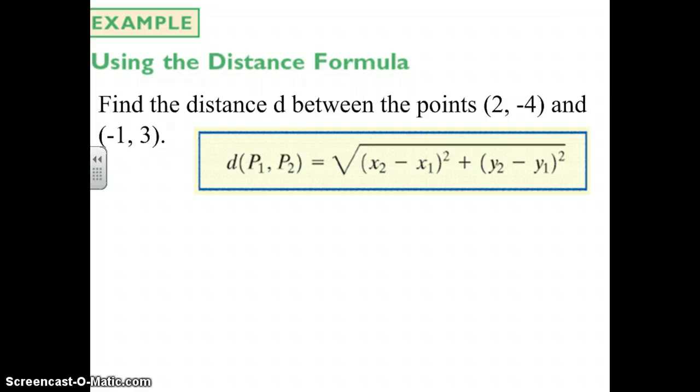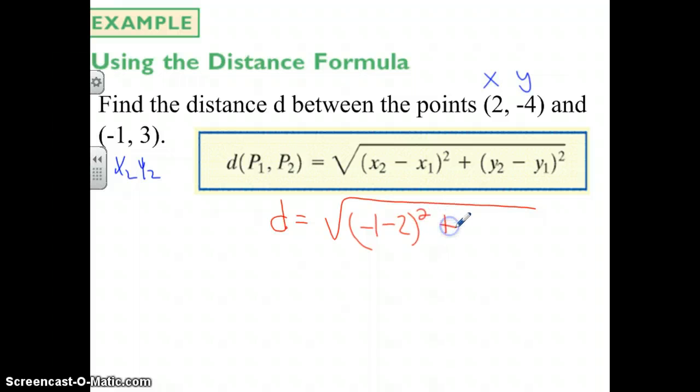Again, here's the formula. I've got 2 points. Here's my x and my y. Here's my x sub 2, y sub 2, just for my second point. But again, it doesn't matter the order that we put these in, because we're going to be squaring these. So if I do x sub 2 minus x sub 1 quantity squared, plus y sub 2 minus y sub 1 quantity squared,